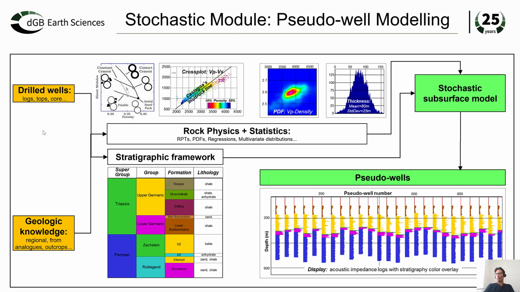And we integrate information from drill well data, so the information from logs, stops, drilled cores, and knowledge about the geology, the geological regional framework, information from analogs, from outcrops, into a stratigraphic framework, which is supported by rock physics trends and distributions, and some statistics from them, to generate a stochastic subsurface model, which allows us to create a realistically looking large number of one-dimensional pseudo-well models